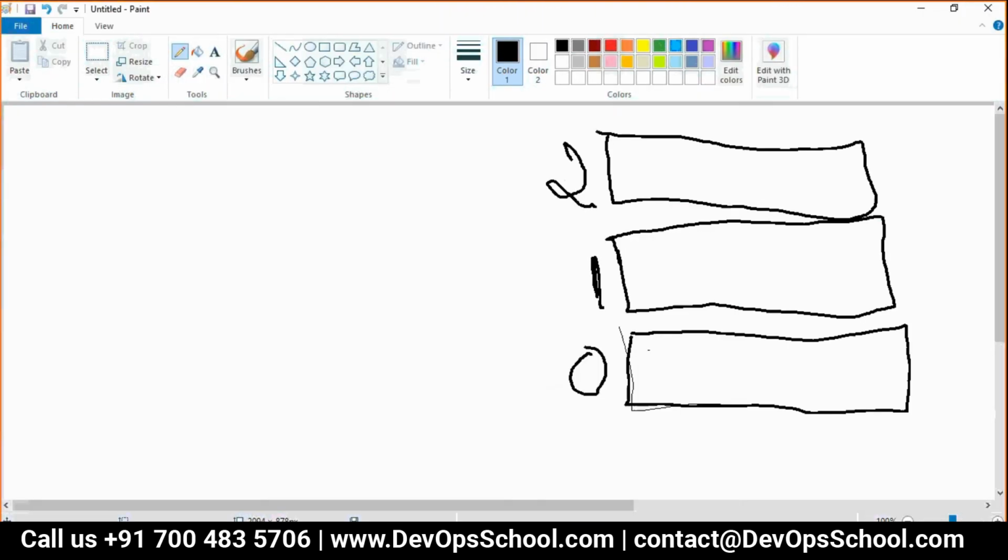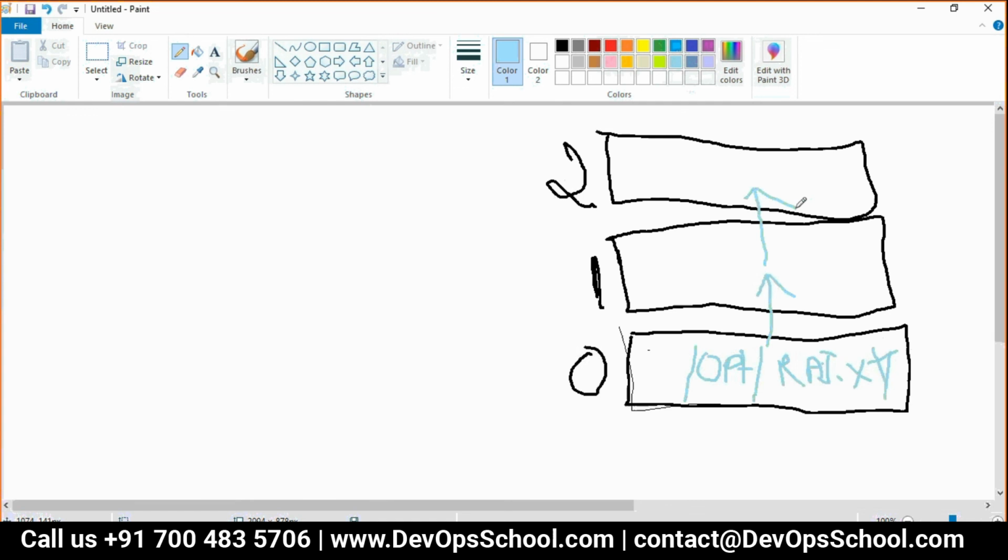So let's create a conflict. Here there is one file in OPT, and the file name is raj.txt. The same file you have here also, and the same file you have here also.